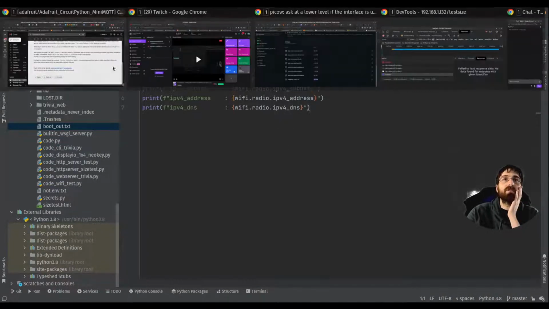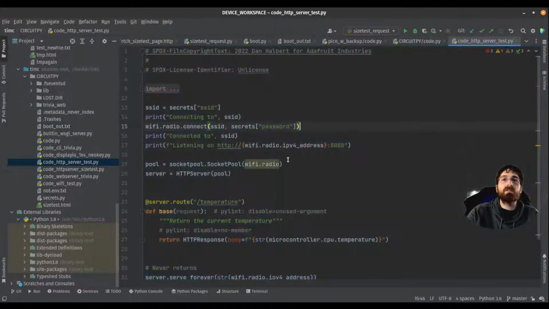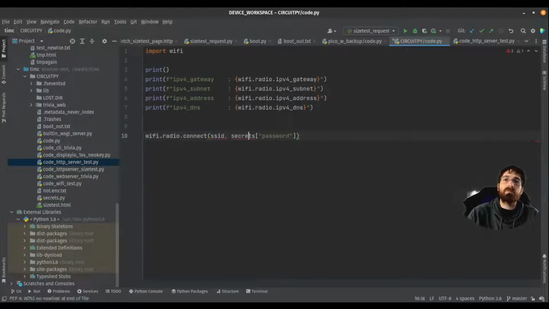If we were to actually connect, I don't know why we made a variable, I guess to be able to print it here. So keep these the same.